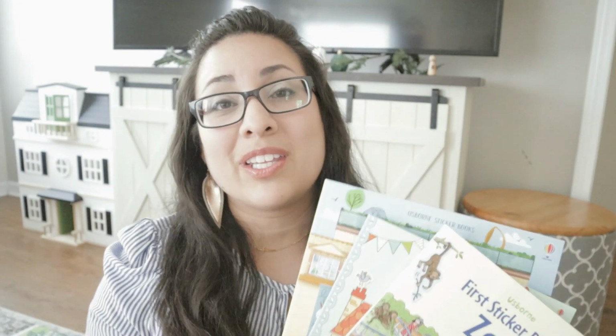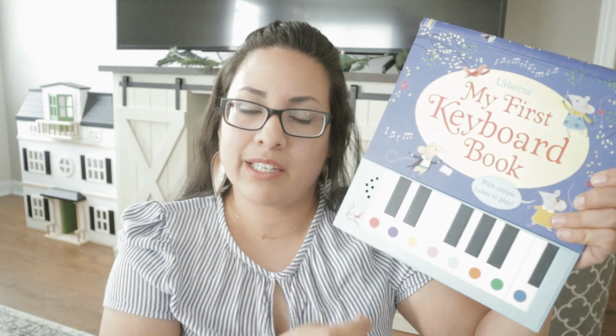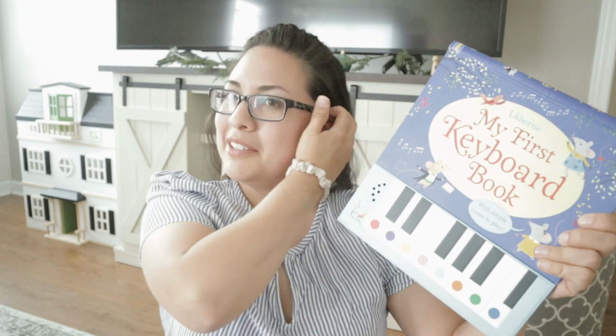And the best part about these sticker books is that some of them on how to teach your kids. Okay, this is all. What's going on there? On the black keys. And